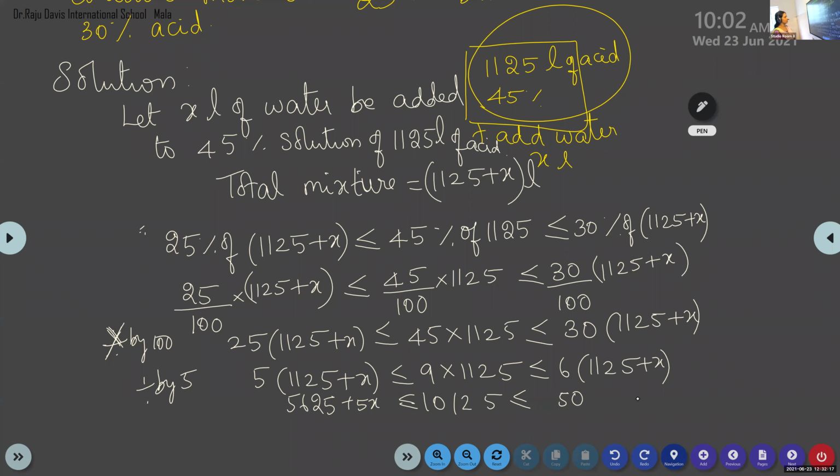Okay. Up to this you copy it, children. Up to this if you have copied you tell me, we can learn how to solve this inequality. Here we have two inequality signs, isn't it? Earlier we had only one inequality. Here we have two inequalities. How to solve it, that we can discuss. So up to this, is it okay? Check it. Up to this you all copied means you tell me.